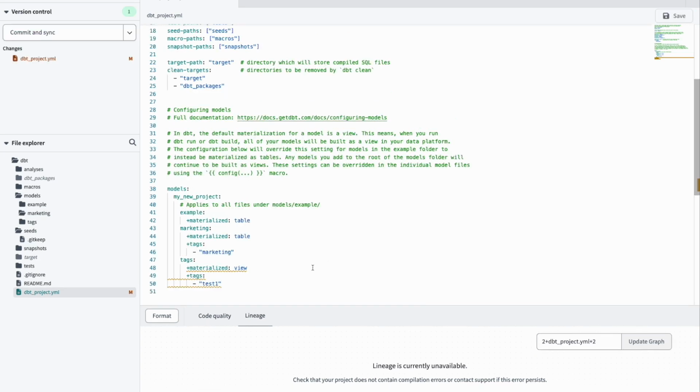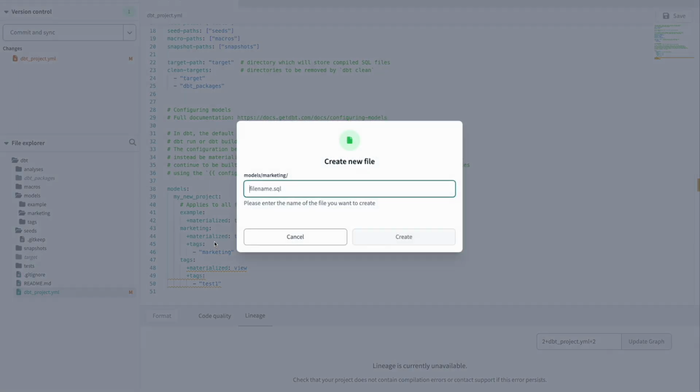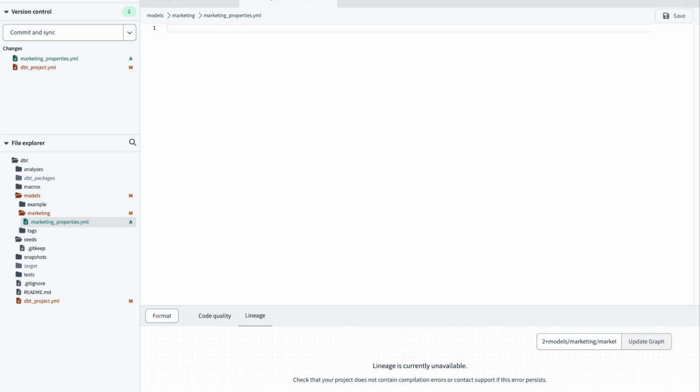Okay, now let's create a YAML file within our marketing directory that we previously made in the models resource path. We'll refer to YAML files that live within these directories as properties.yaml files. So let's go ahead and create one here, and we will call it marketing properties.yaml. And the special thing about these properties.yaml files, which again are YAML files that live within these model directories,